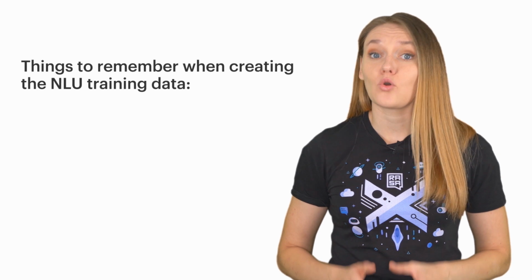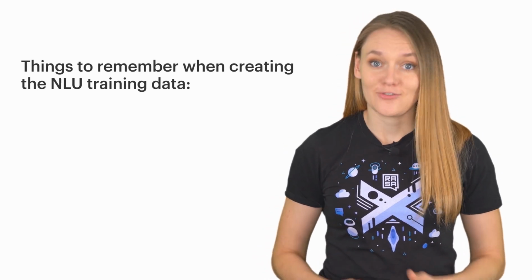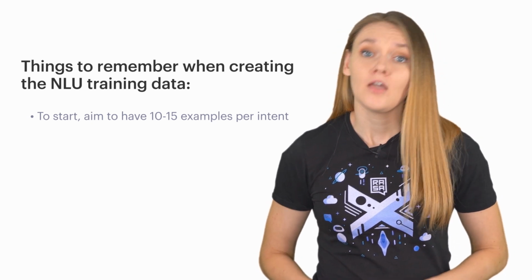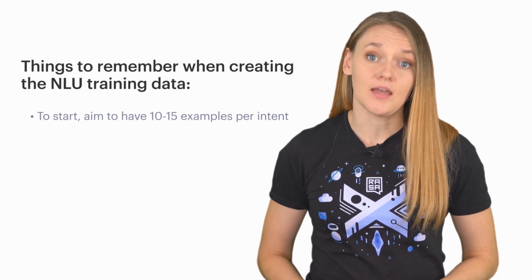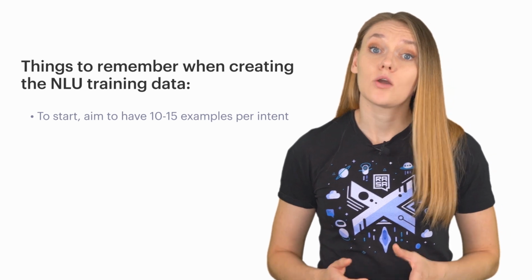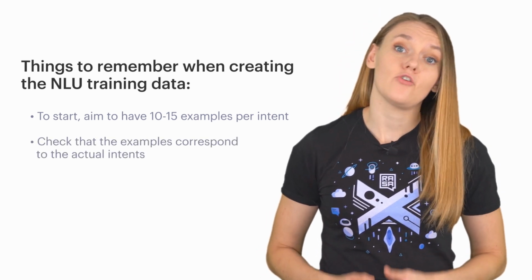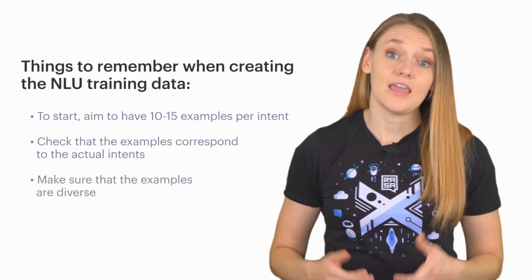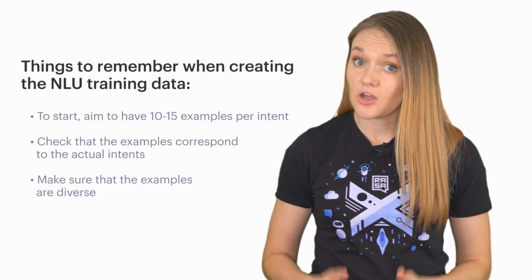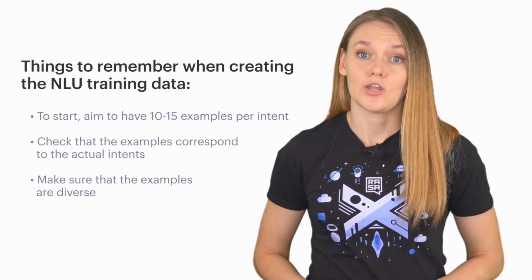However, just like with any other machine learning problem, you have to be mindful when creating the training data. Here are some things for you to keep in mind. You don't have to write down all variations of a specific input to train an intent. Usually, 10 to 15 examples per intent is a good place to start. Obviously, the more examples you have, the better, but at the same time, you have to make sure that the data you use to train the models on is high-quality data, that the examples actually correspond to the defined intents, and that they are diverse enough in terms of vocabulary and the structure of the sentence for your models to really learn and to start to generalize on unseen user inputs.